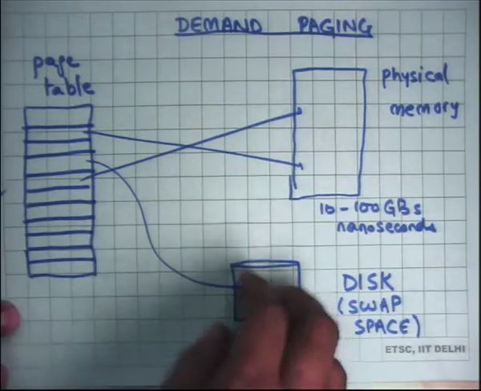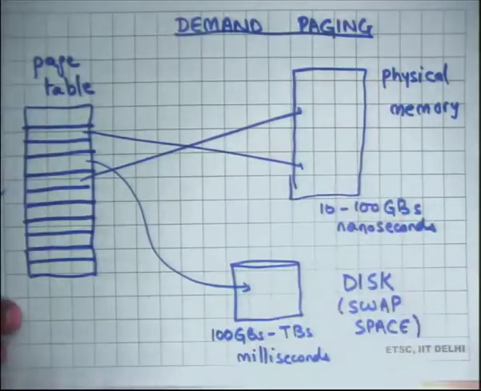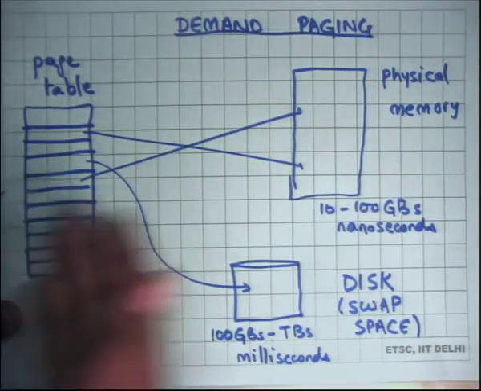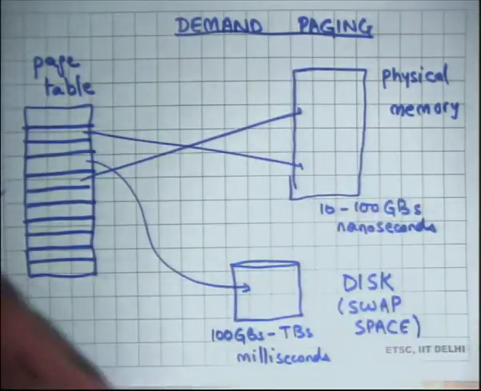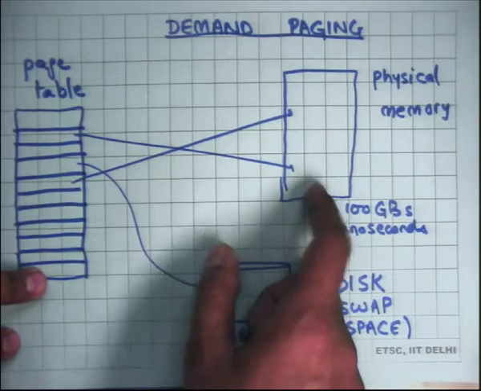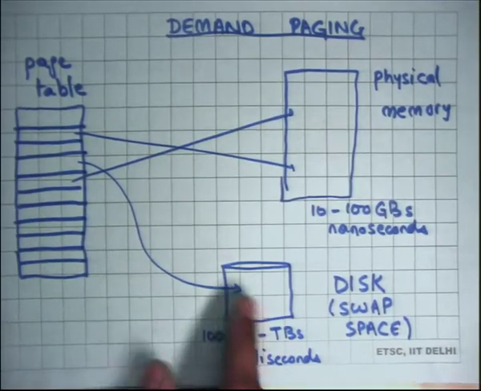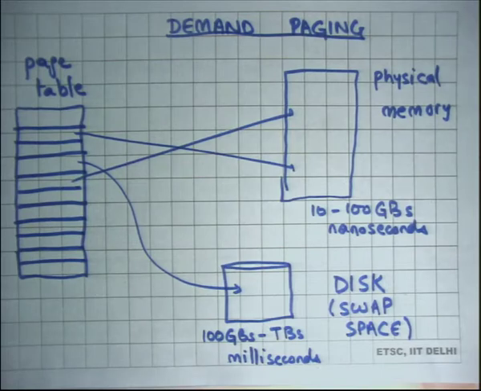So it's just that some pages have been loaded into physical memory. Whichever pages have been loaded into physical memory execute at full speed. Any pages that have not been loaded into the physical memory or the cache have to take a page fault, and you basically access the disk in that case. Let's understand some hardware characteristics of physical memory and disk to understand what the trade-offs involved in this caching